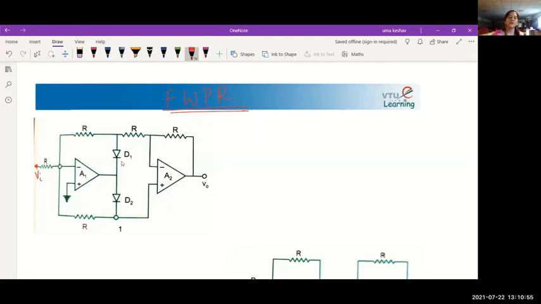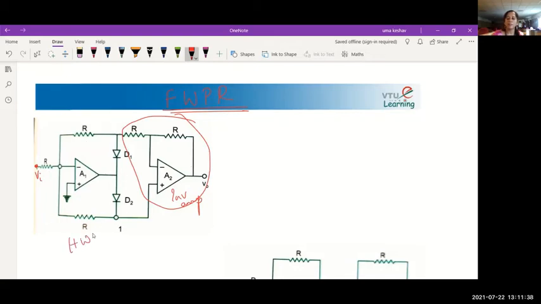For that, I need to use two op amps. As you can see, we are using two op amps, and you can see how we have connected diodes D1 and D2. This is a simple case where we have connected two diodes D1 and D2 as shown, and we have resistors like this. So if you observe, this second part is just a what? Input resistor R1 is R and feedback resistor is RF. This is a simple inverting amplifier. And this first part